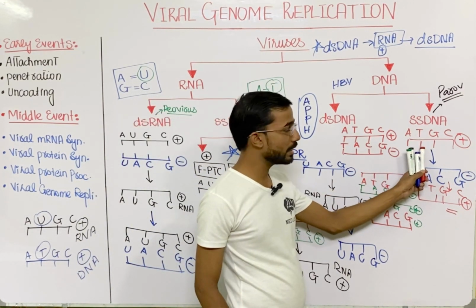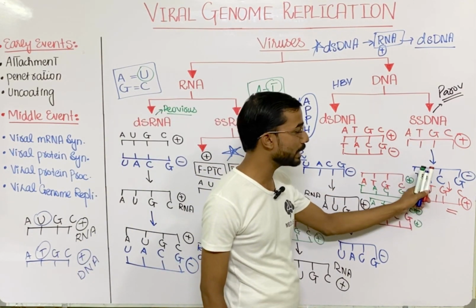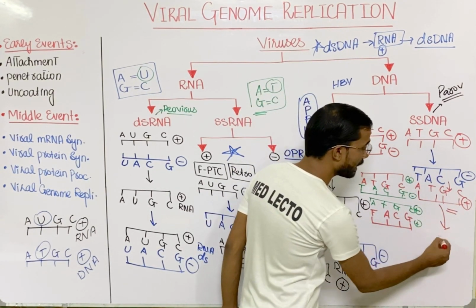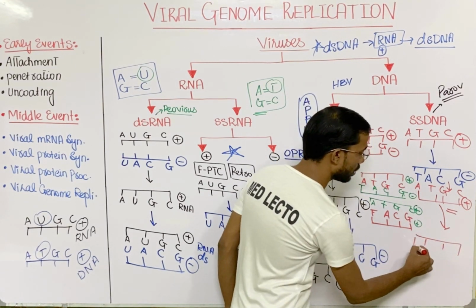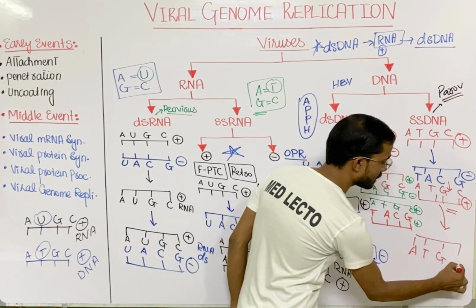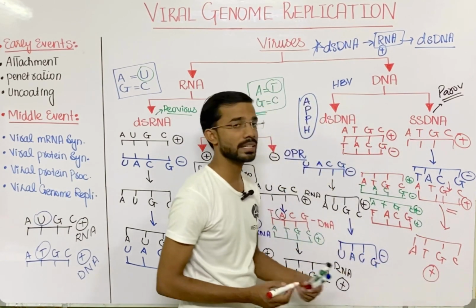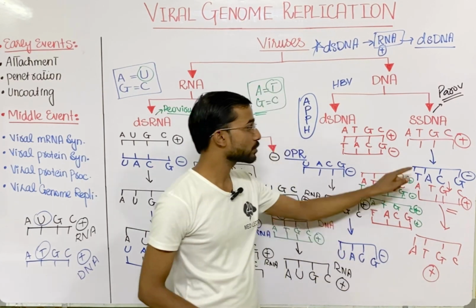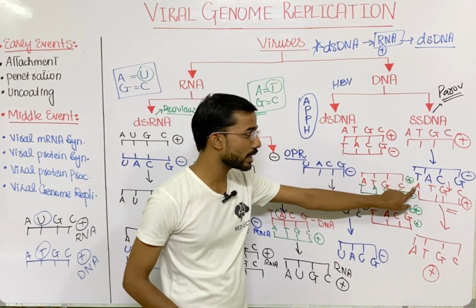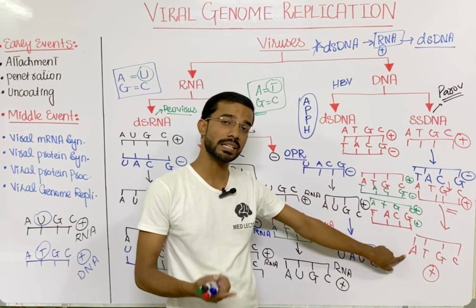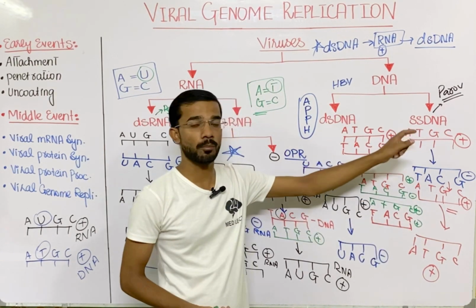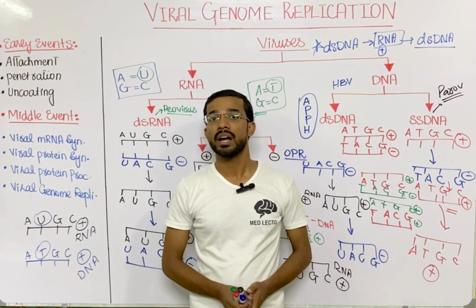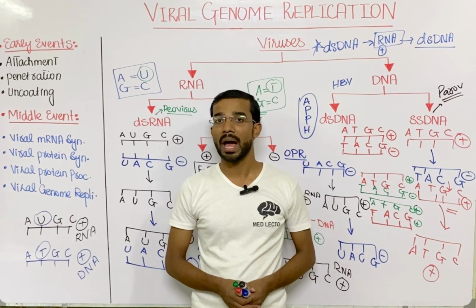So that's the similar case. First of all, the positive polarity single stranded DNA will first form the double stranded DNA, and after that the positive strand will act as a template and form again ATGC, positive polarity single stranded DNA. If there is a negative strand, it will form the negative. First, single stranded is converted into double stranded DNA. After that it will convert into single stranded DNA again, that is the parental genome of the parvovirus B19. So this is how different DNA and RNA virus genome replication happens in the host cell.